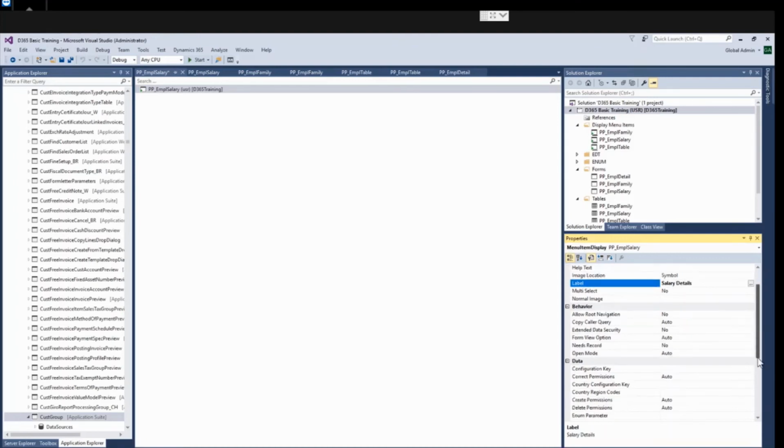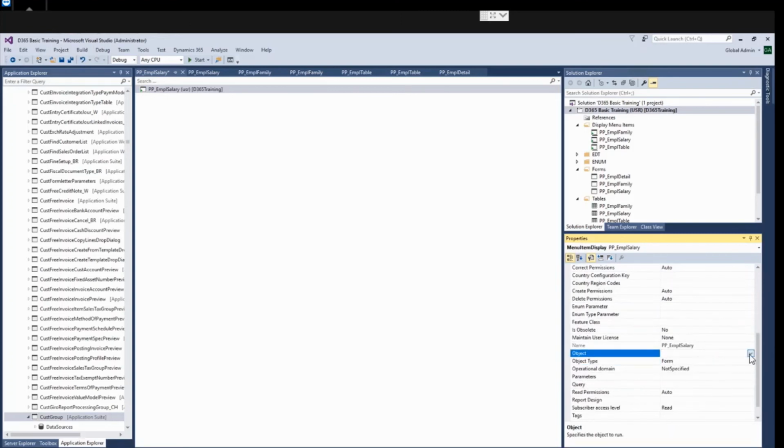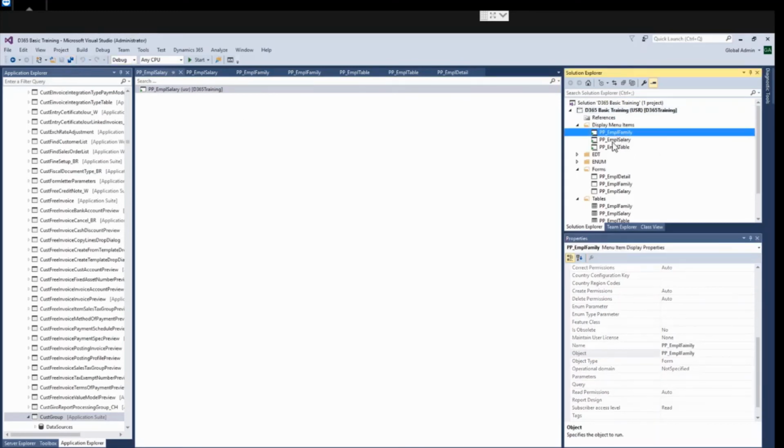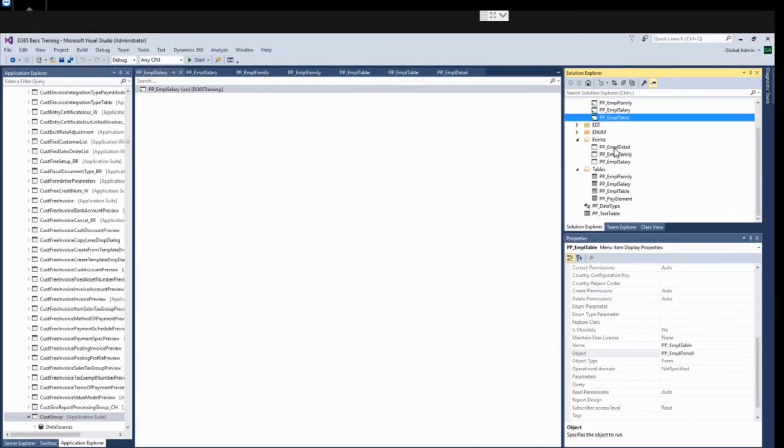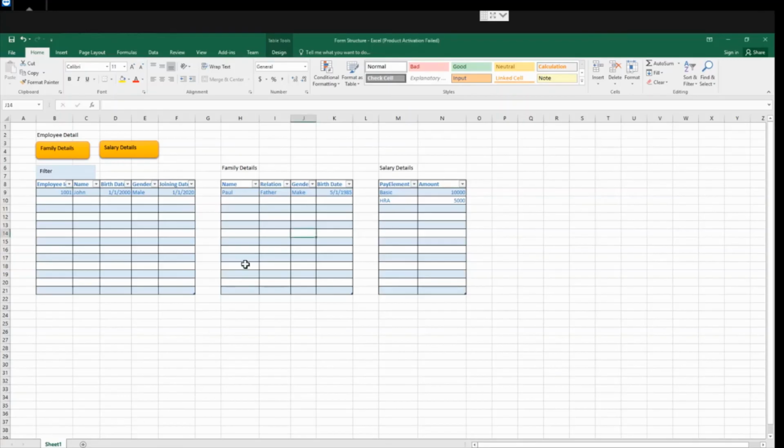So to set object property to the form name, fill salary. So we have created our third menu item as well. So you can see here we have created 3 menu item and 3 forms. Now if we go back to our design, so we have created these 3 forms and 3 menu items also.